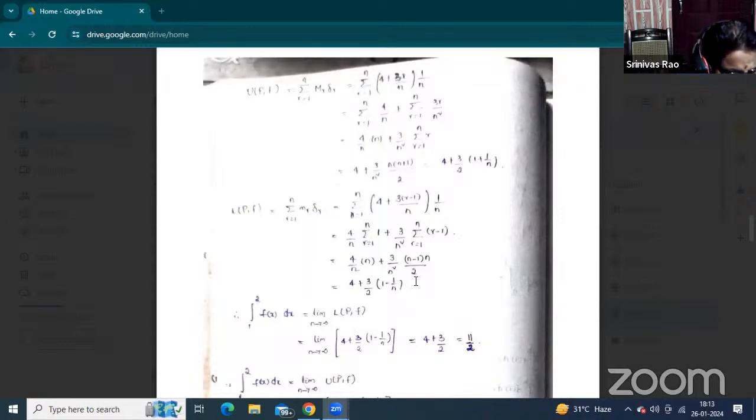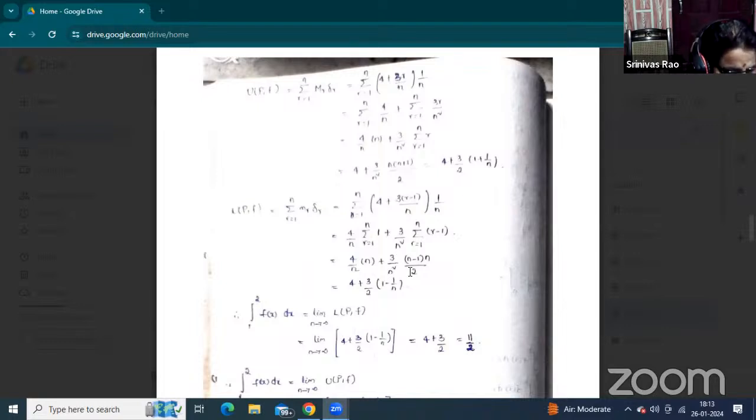Now this is 3 by n square. This is the constant. Here, the sum of the natural numbers is n into n plus 1 by 2. Replacing n by n minus 1, we are taking the value n minus 1, so n of n plus 1 by 2, replacing n by n minus 1, and n minus 1 plus 1 means n is there, by 2.